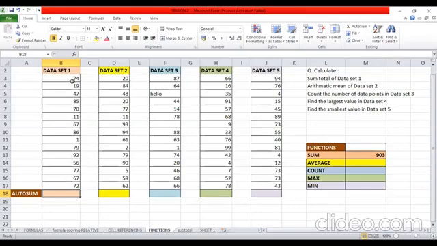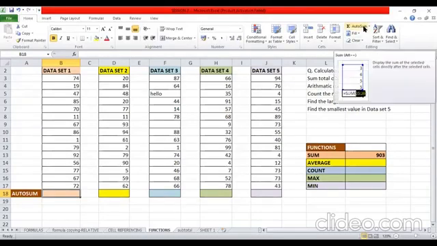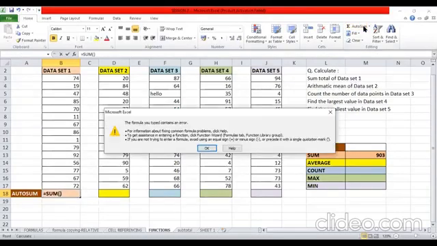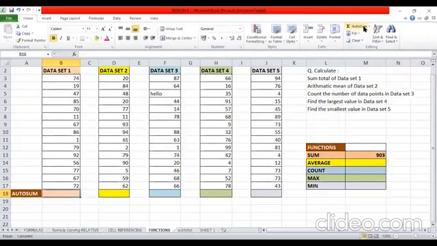So right now I have all the values in this range. So what will I do? I will just insert AutoSum from here. I can simply double click on this, and you can see it is automatically inserting equal to sum within brackets B3 to B17. I only have to press enter to get the result, which is the same as the result that I got here, because basically it is only inserting the sum function.